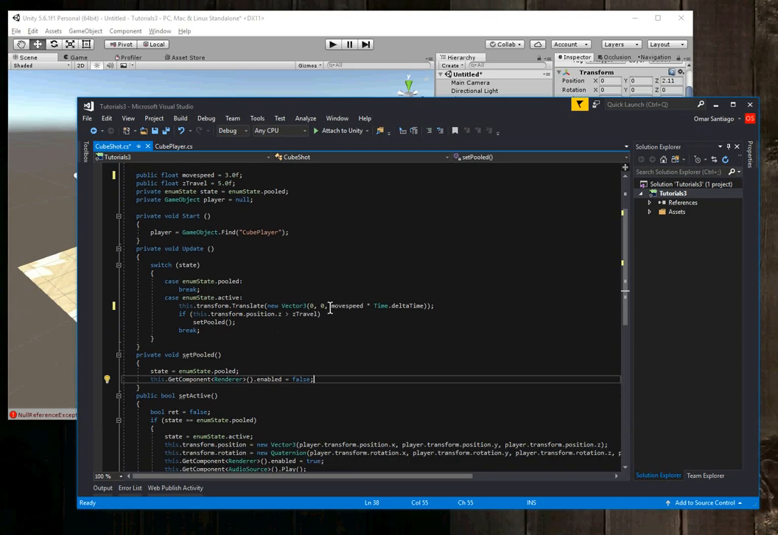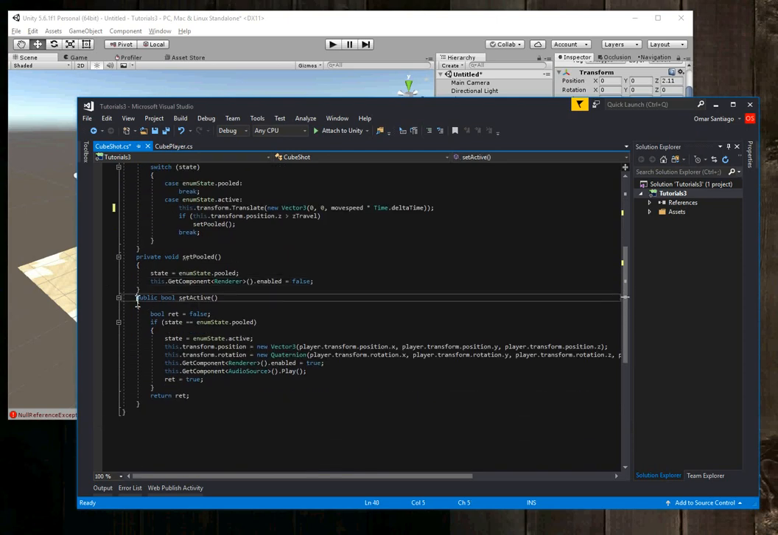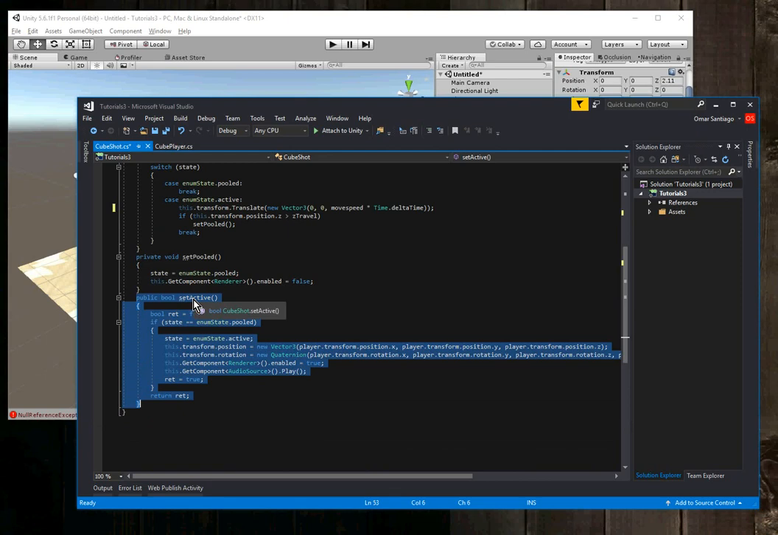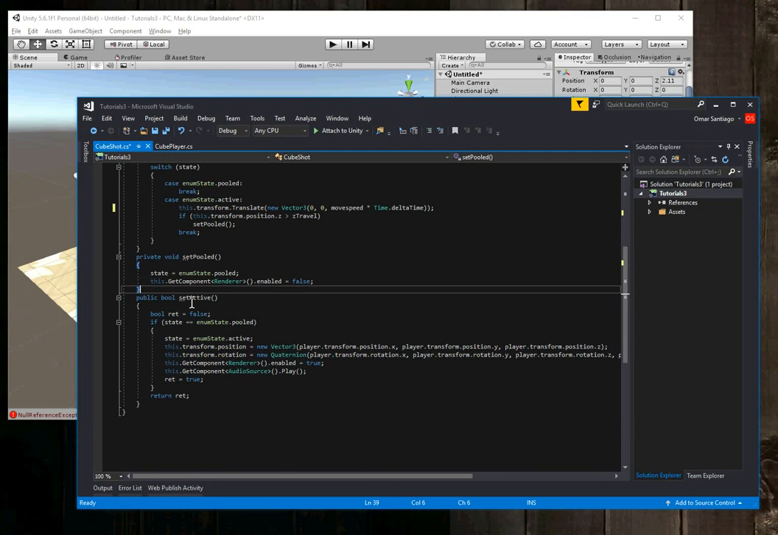Then another thing up here, this is a public function because it's being called from somewhere outside of the script. Set active. We're going to take this shot out of the pool and make it fire down the screen. So set active is going to, first, I can't set an active if it's already active. I don't want to do that. So I'm going to check to make sure that the state of this cube shot object is pooled. Then I'm going to change it to active. And